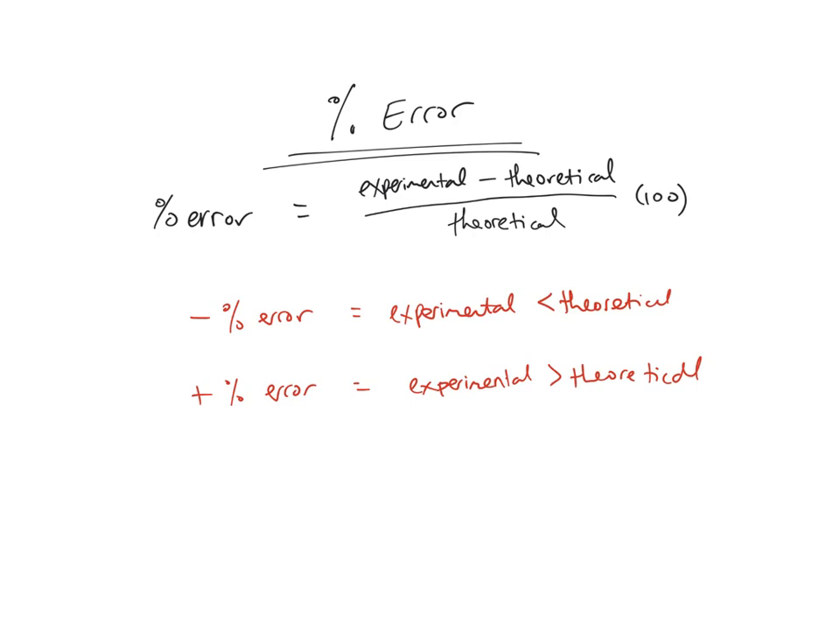Again, technically there's absolute value bars, but I say ditch them and just use that positive or negative sign to say, hey, am I too high or am I too low? Then the percentage itself is really just how off you are from what it theoretically should be, okay? So that's how you get percent error,